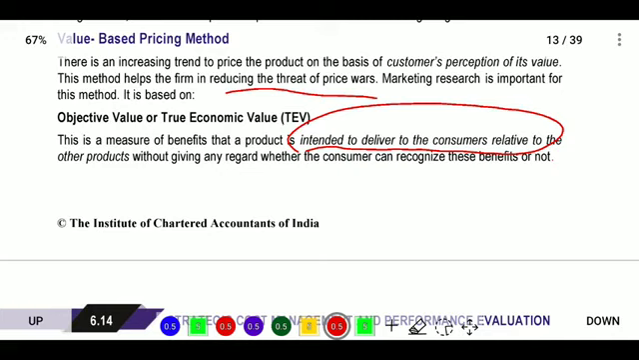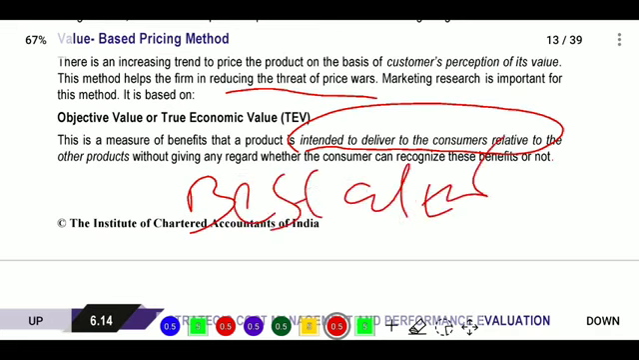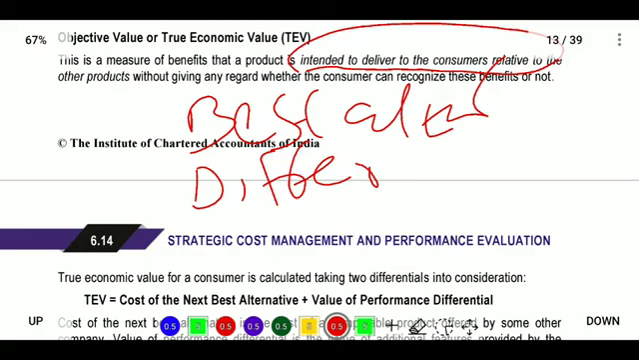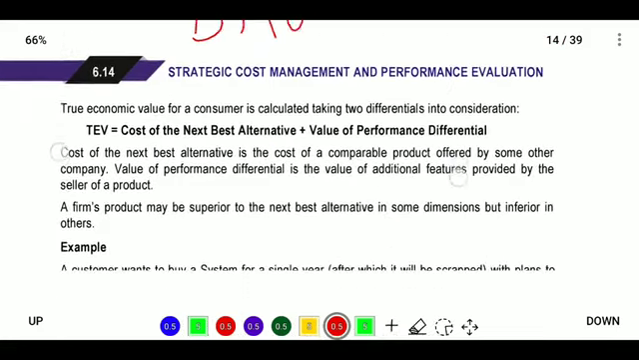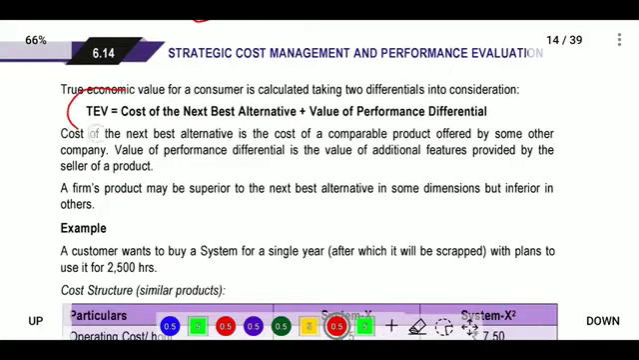And here we will see what is the best alternative we have. From that best alternative, and from what additional features it is providing, we will see the differential cost of those additional features, we will deduct that, and we will produce the price. Here we have one formula, that is true economic value is equal to the cost of next best